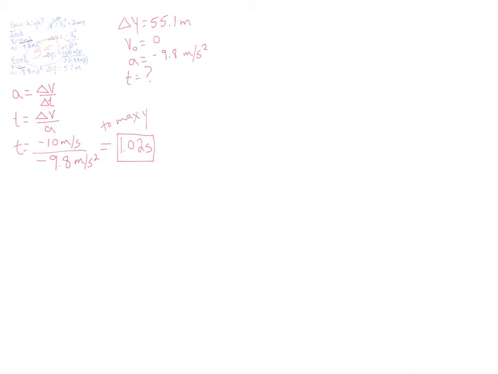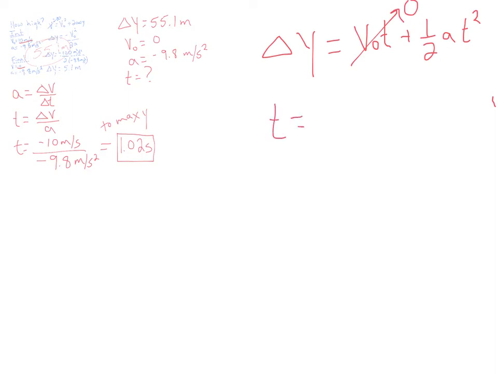So we need a kinematic equation that uses velocity, displacement, acceleration, and the unknown that we're trying to find, time. That kinematic equation is our displacement is equal to the initial velocity times time plus half the acceleration times time squared. And so we know our initial velocity is 0, so that piece can go away, and we want to solve for time here,